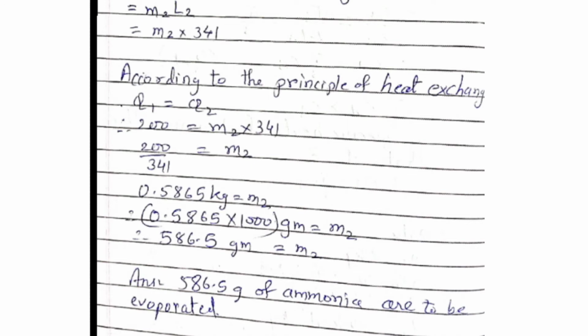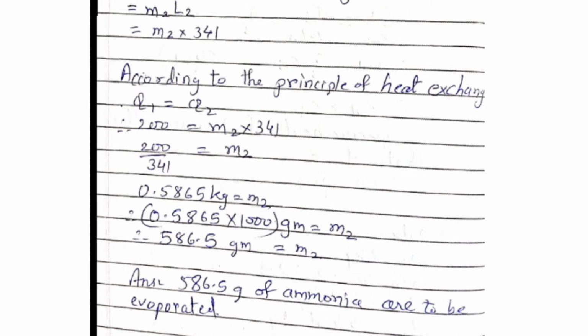Now children, this you have to do manually. Try to do it up to 3-4 decimal places. So I got the answer as 0.5865. Now children, this is in kilograms, because everything was in MKS. But when I say 0.5865 kilograms, it is better to convert it into grams so that the normal layman can understand. So multiply by 1000 to convert it to grams, because 1000 grams is 1 kg.